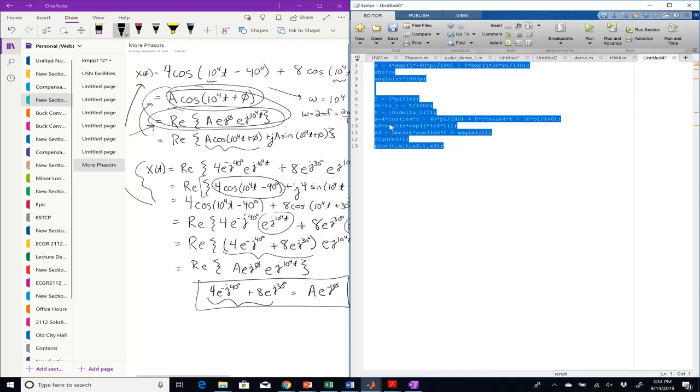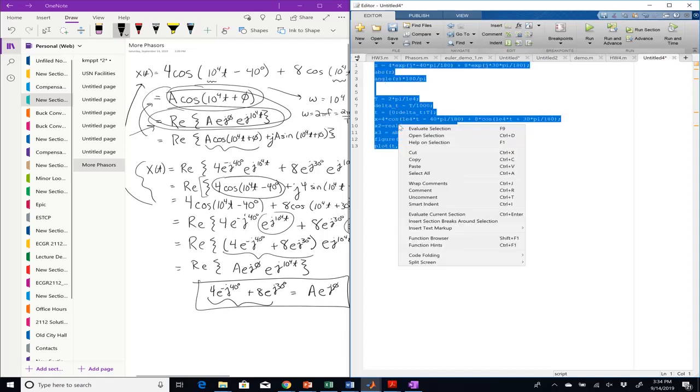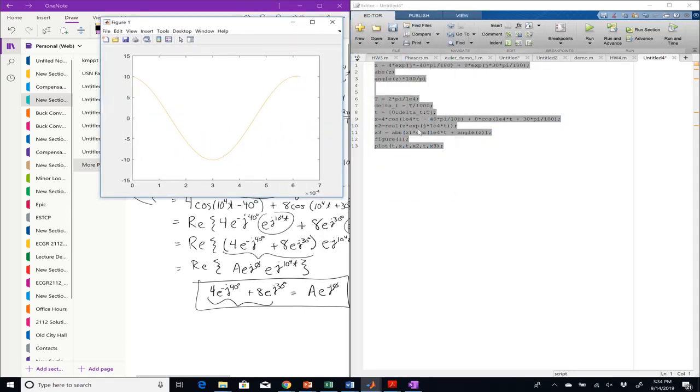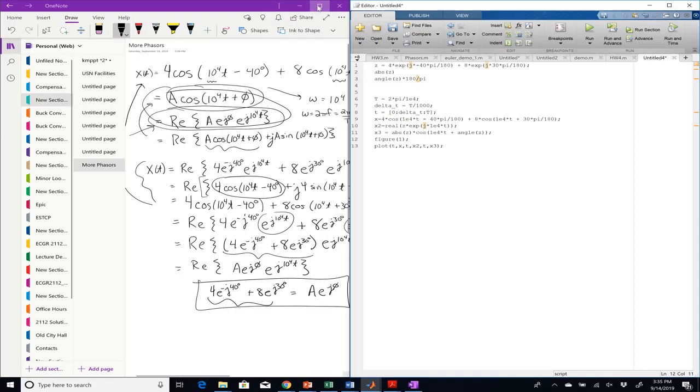So what I do is I highlight that selection, I right click on that guy, hit evaluate selection, and figure 1 pops up. And I only see one graph basically because all three of them plotted right on top of each other. So they're all completely identical. Okay? So you'll have to play around with that a little bit in the